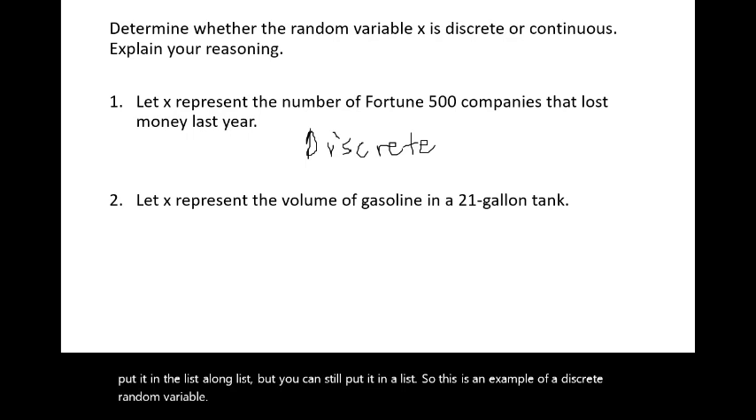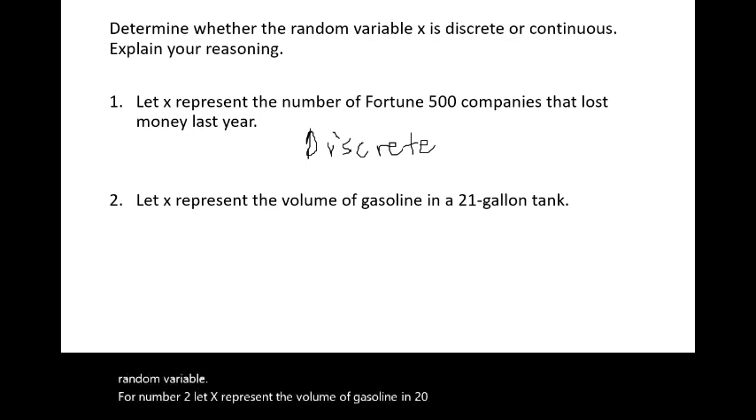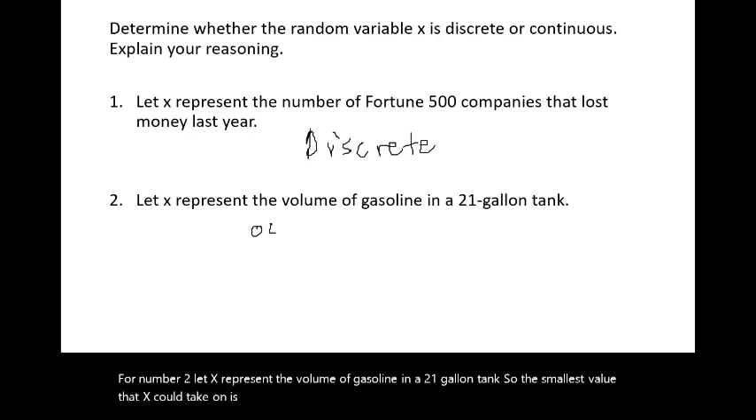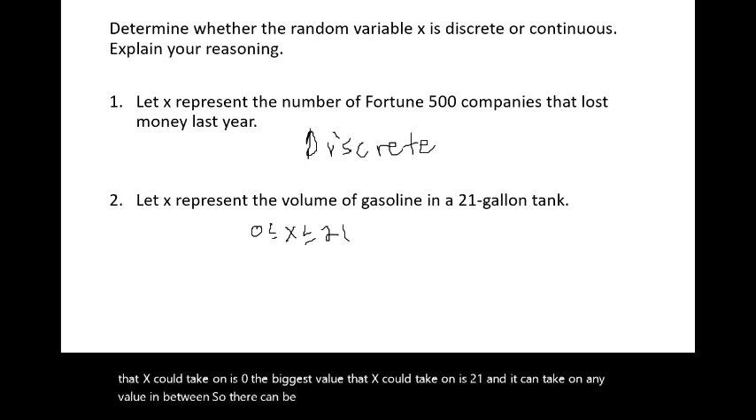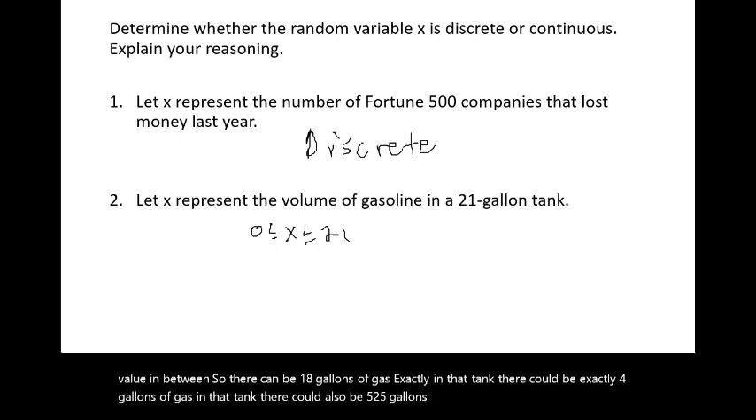For number 2, let x represent the volume of gasoline in a 21-gallon tank. So the smallest value that x could take on is 0. The biggest value that x could take on is 21. And it can take on any value in between. So there can be exactly 18 gallons of gas in that tank. There could be exactly 4 gallons of gas in that tank. There could also be 5.25 gallons of gas, or there could be 11.721 gallons of gas. There could be